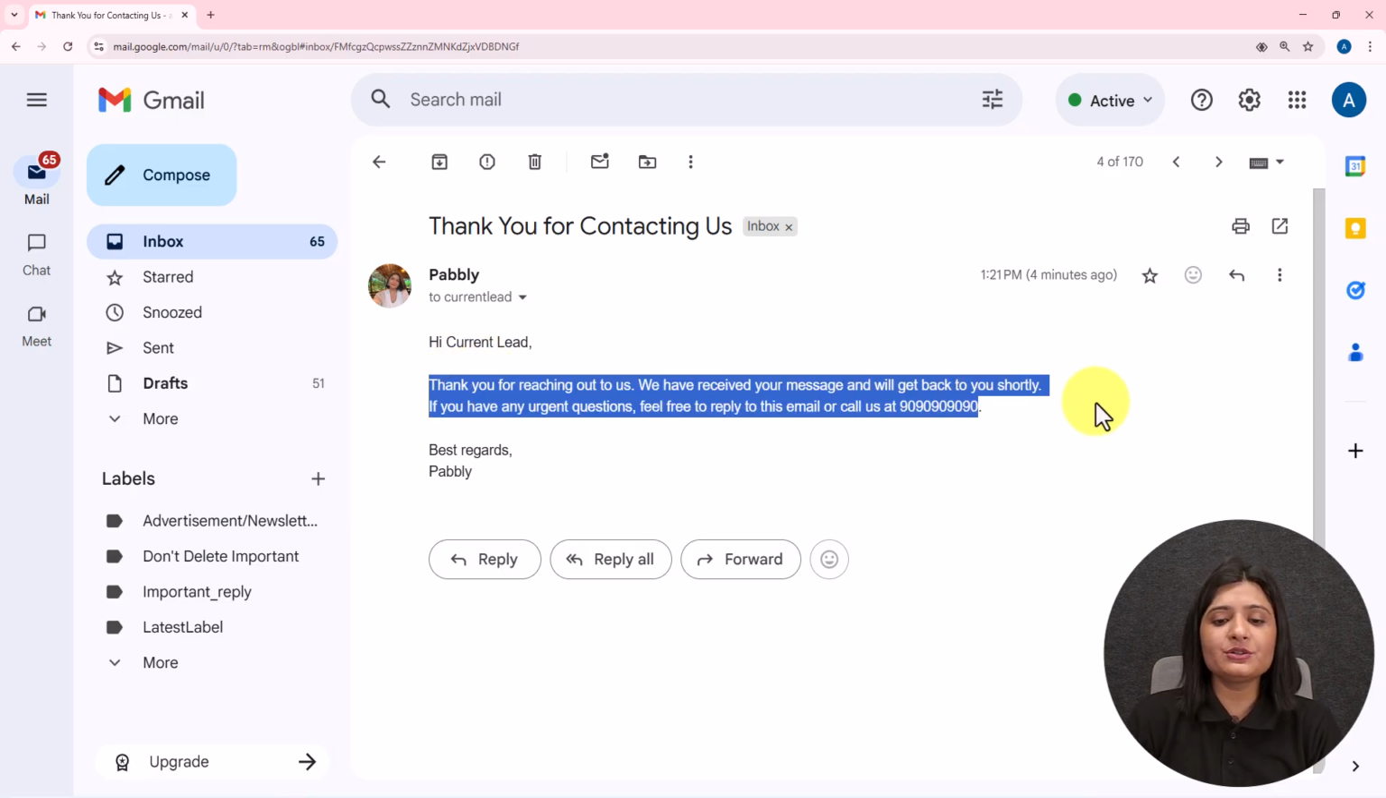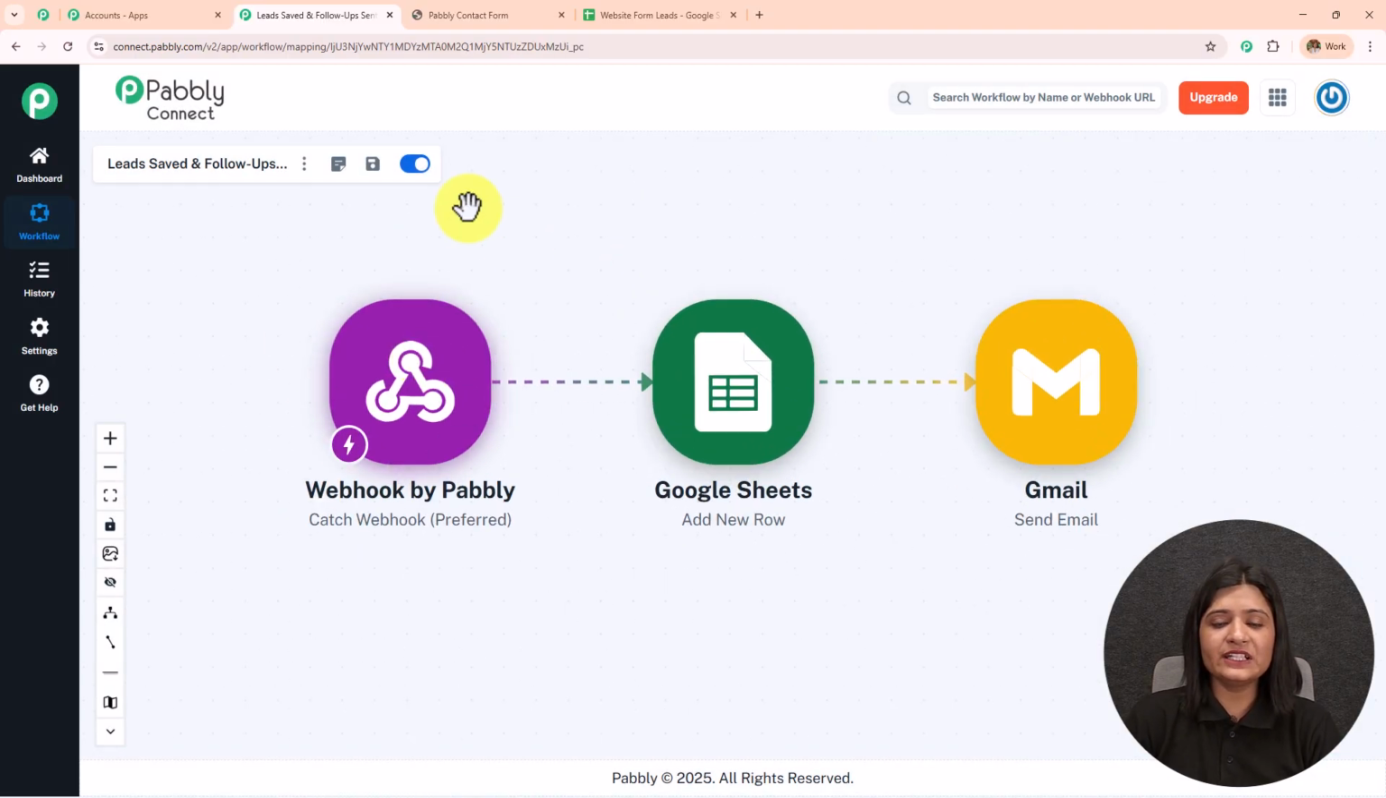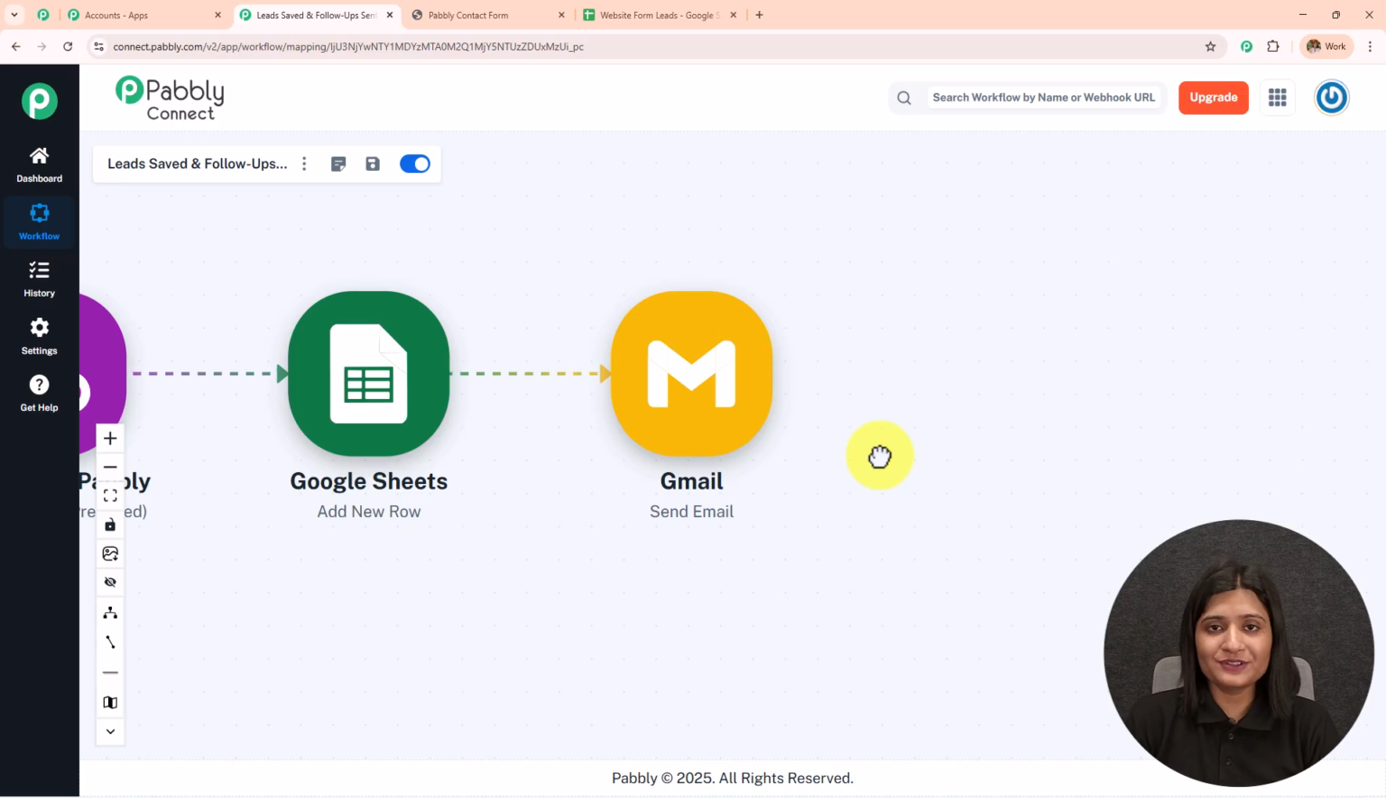Thank you for reaching out to us. We have received your message and we'll get back to you shortly. So this is the same exact mail which we have created in our workflow and received that. Now over here, I have received the lead details, added these lead details to my Google Sheet spreadsheet, and sent the mail. What you can also do to send the follow-up email, you can simply click on this add new action